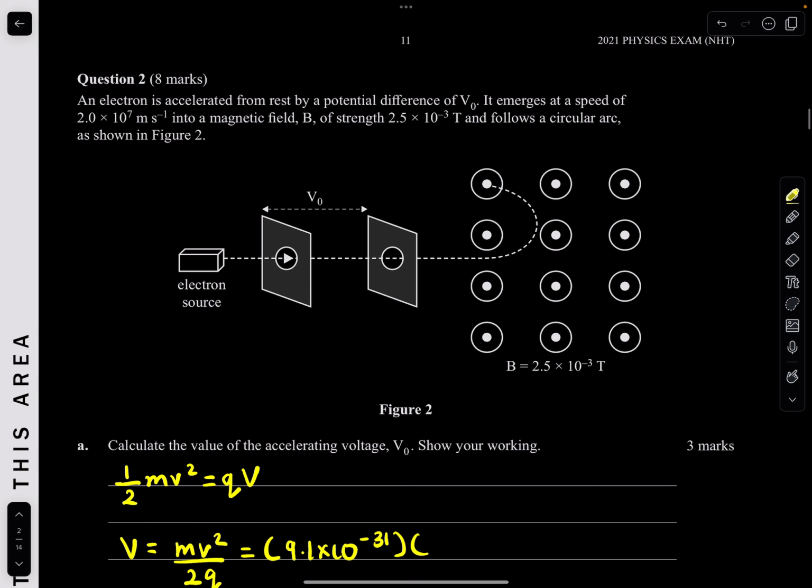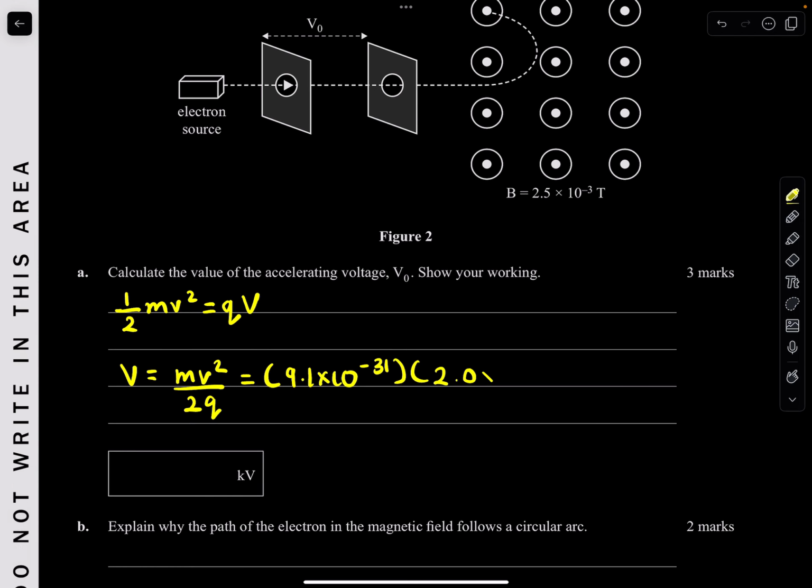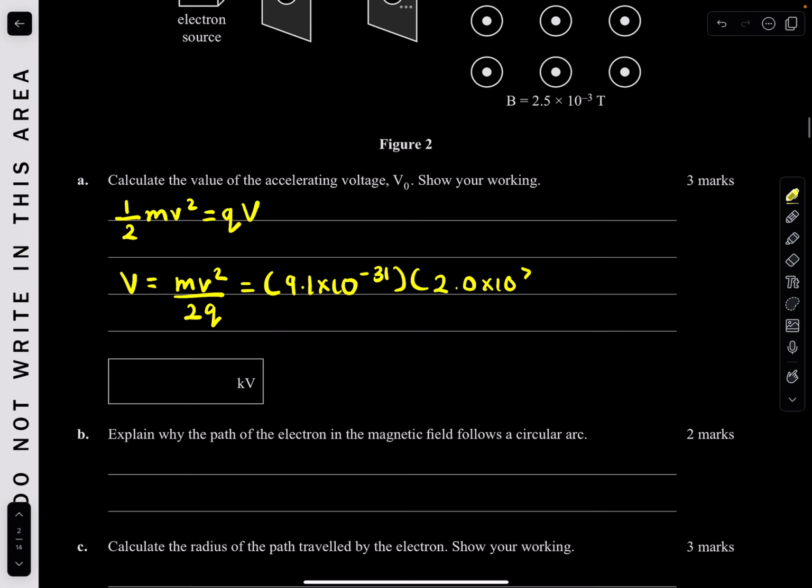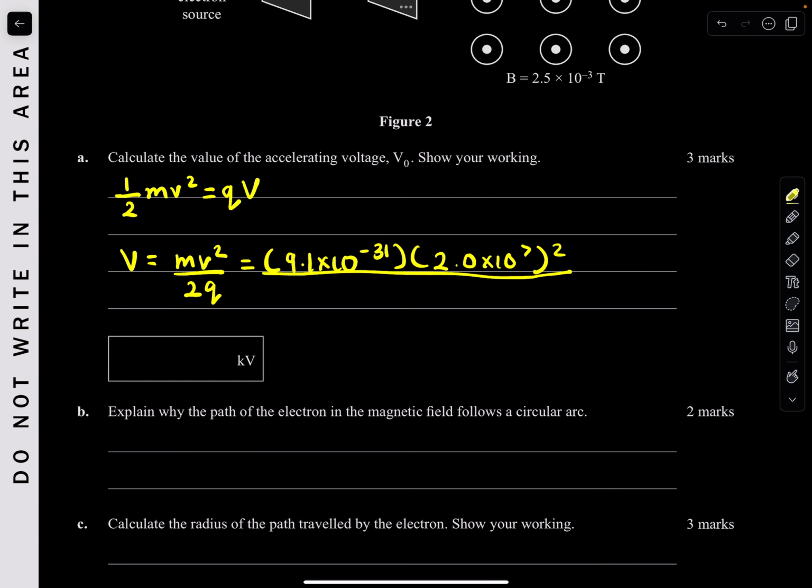And so your velocity was what? It was 2.0 times 10 to the power of 7. Yep, squared. All being divided by 2 times your charge of an electron, which is also in your formula sheet, which is just 1.6 times 10 to the power of -19. So putting this all in my calculator, I should get the voltage. And so I get, we went in kilovolts, so I'm just going to divide it by 1,000. I get, to two significant figures, 1.1